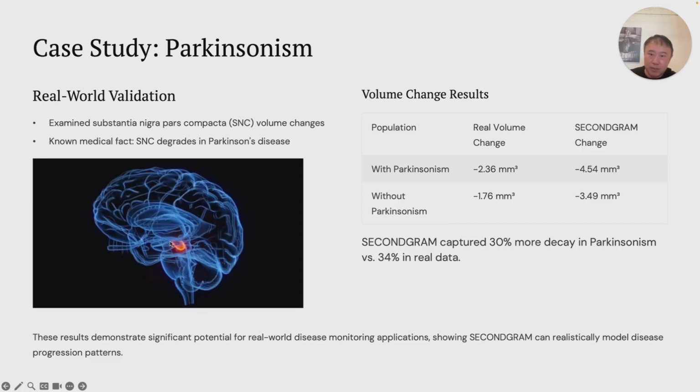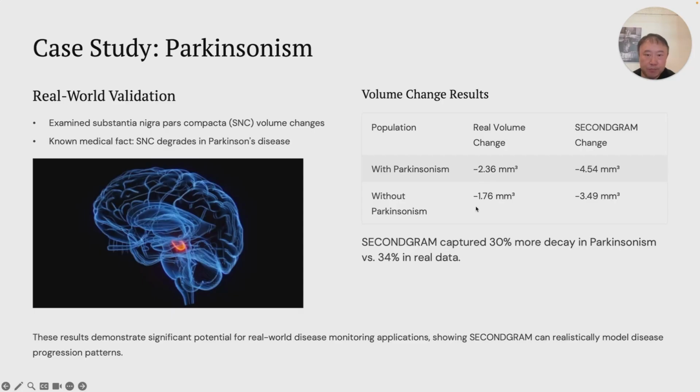We see a significant reduction of this region, SNC volume, and then everyone else. For those patients with this condition, we measure the volume change as minus 2.36 cubic millimeters, and without this condition it is minus 1.76. You can see about